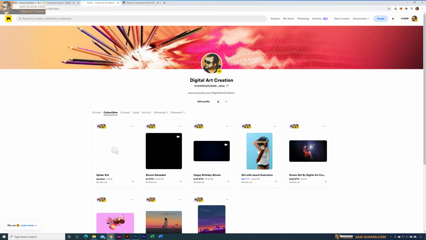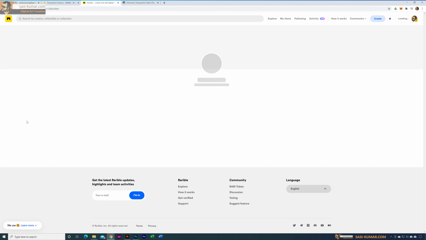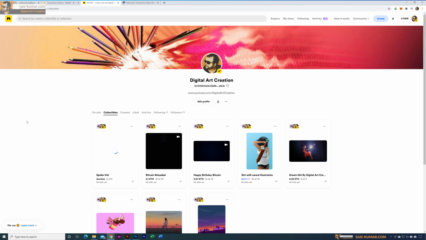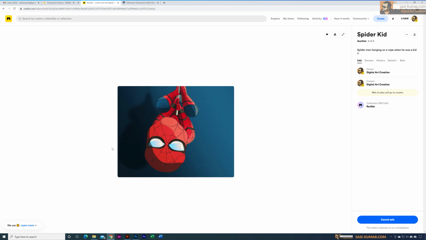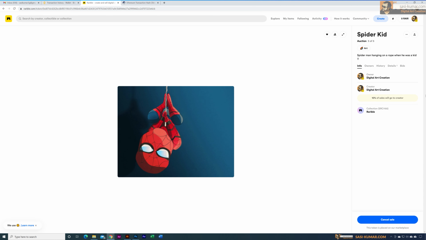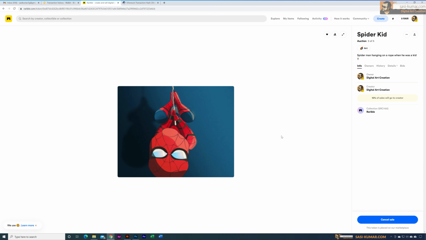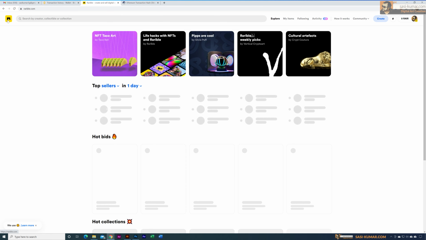Wait for a couple of minutes, guys, because especially now, Ethereum is over-congested, so it will take some time. Let's refresh the page. Okay, so our token is ready. Now if you go into the token, people can buy or bid on this token.